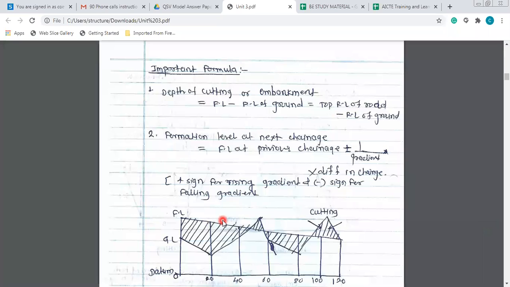Now, I will shortly revise the history of road construction. As you know, for road construction quantity estimation, we deal with the formation level RL. Have you seen the road work, how the surveyors take the readings? They have the total station or the auto level in their hand. One surveyor is there and one rodman is there. Have you seen the two persons who are working? I think most of the students have gone through that, how the measurement work is done for road works.